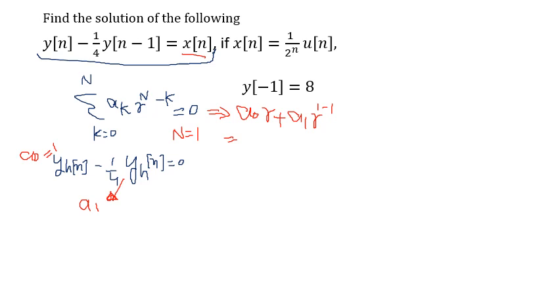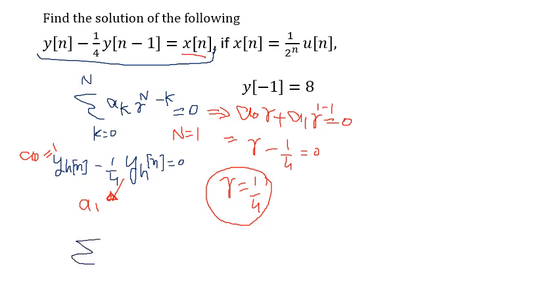By putting here we get r plus a1, and this should be equal to 0, so r plus a1 is r minus 1 by 4, r power 0 is 1, so that means r equals 1 by 4. So we get r equals 1 by 4, so the generalized equation for the homogeneous solution is